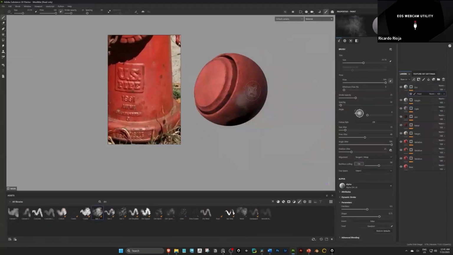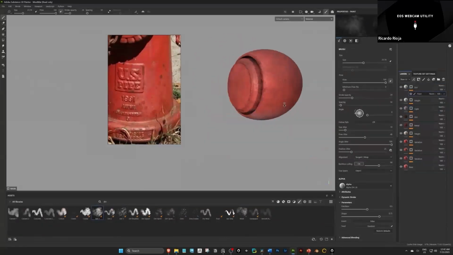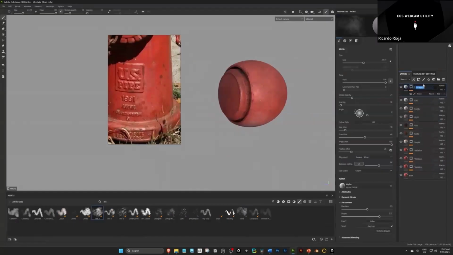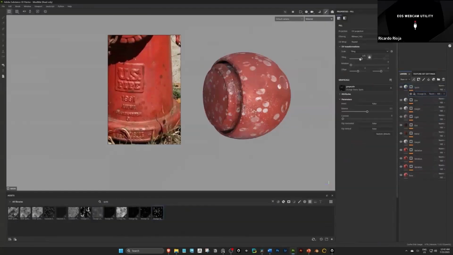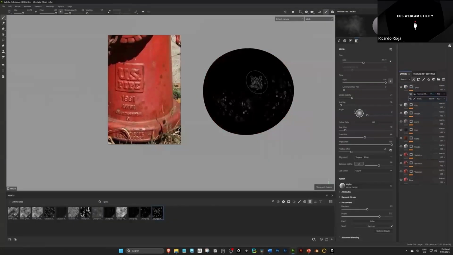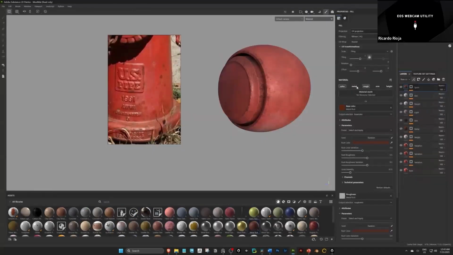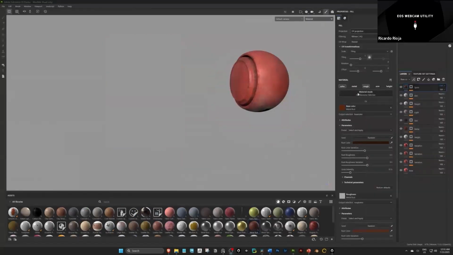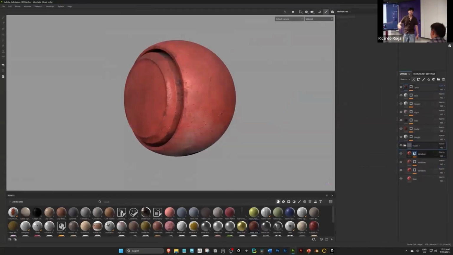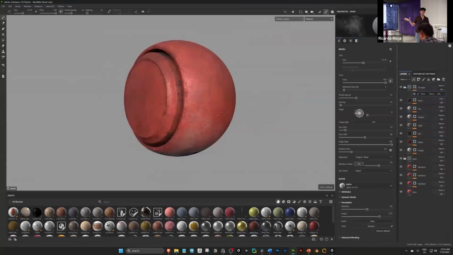I was also looking at those spots on the bottom. I started painting some stuff. And I also realized that not all the areas had those grunges or those surface imperfections. There are some parts, like the ones below the thing, that maybe are covered from the rain, something. So those parts are completely clean.